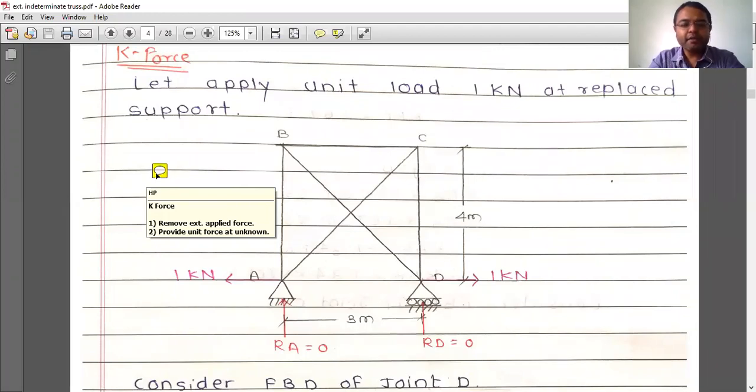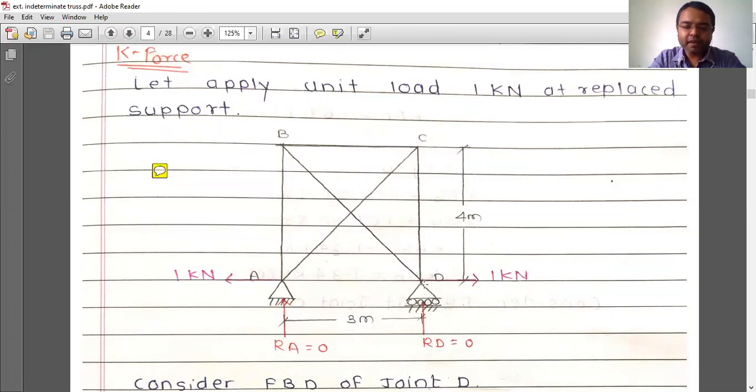Okay, so here at joint D, that is the unknown, provide a unit force. In the direction of HD, we are going to provide 1 kilonewton force. Now if you observe the given diagram, in the total system there is no existence